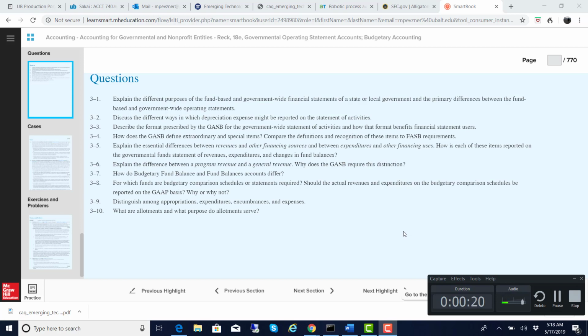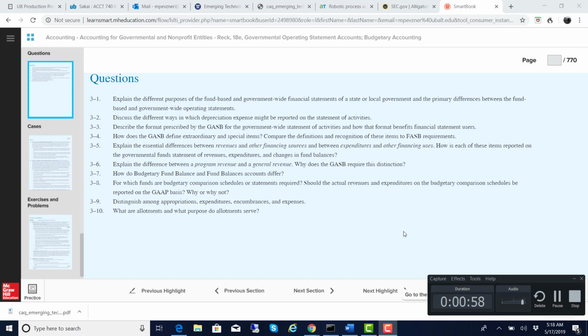Again, recall from the prior chapter that the fund basis of accounting is a modified accrual basis of accounting, and the focus is really on the short-term, immediate solvency of the fund, its ability to meet its obligations. So the modified accrual basis of accounting is much closer in spirit fundamentally to the cash basis of accounting. The government-wide financial statements are prepared on the accrual basis of accounting that you should all be very much used to from your traditional accounting classes.